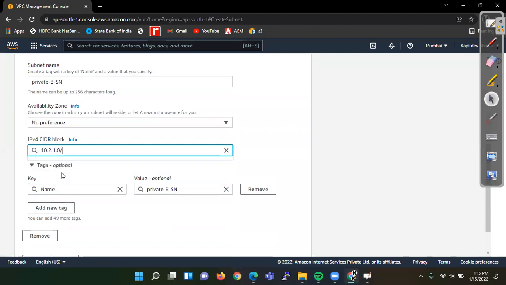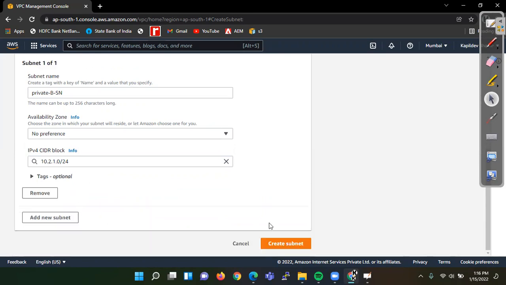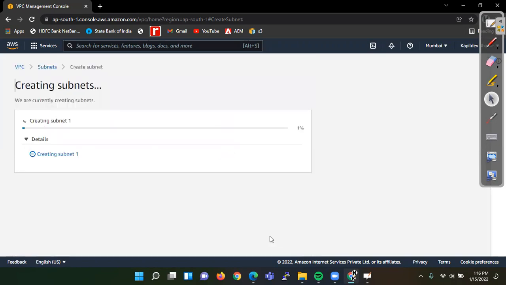Is it okay, or should I keep 2? You can have 1.0, 2.0, 3.0, no problem. Since it is private, and in the Ohio region for private there is 2. Keep as it is, that doesn't matter. So create subnet.